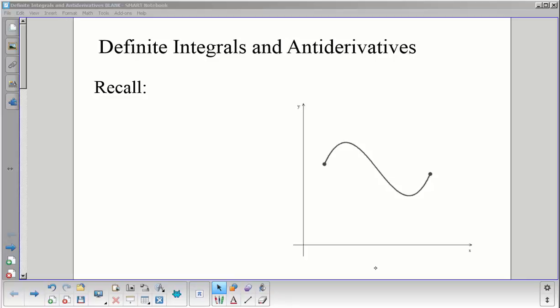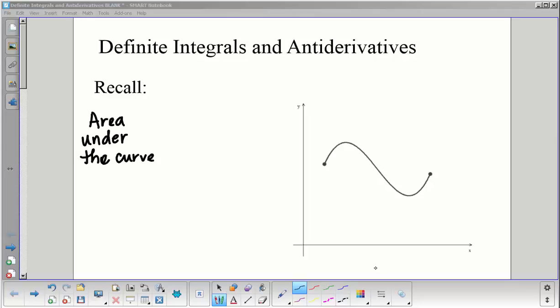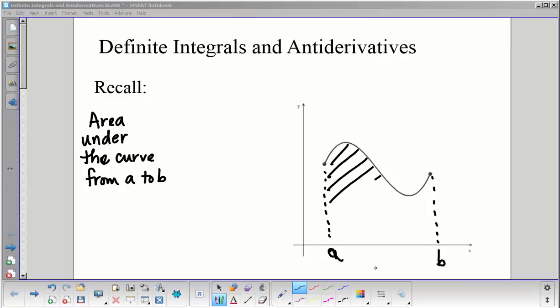Right, so let's talk about definite integrals and antiderivatives. What I wanted to start off with is a recollection as to why we're doing this, which would be a good thing, right? What is the area under the curve from A to B? And here we go. This is my curve, f of x. And this is going to be A. And this is going to be B, obviously my endpoint. And this is the area